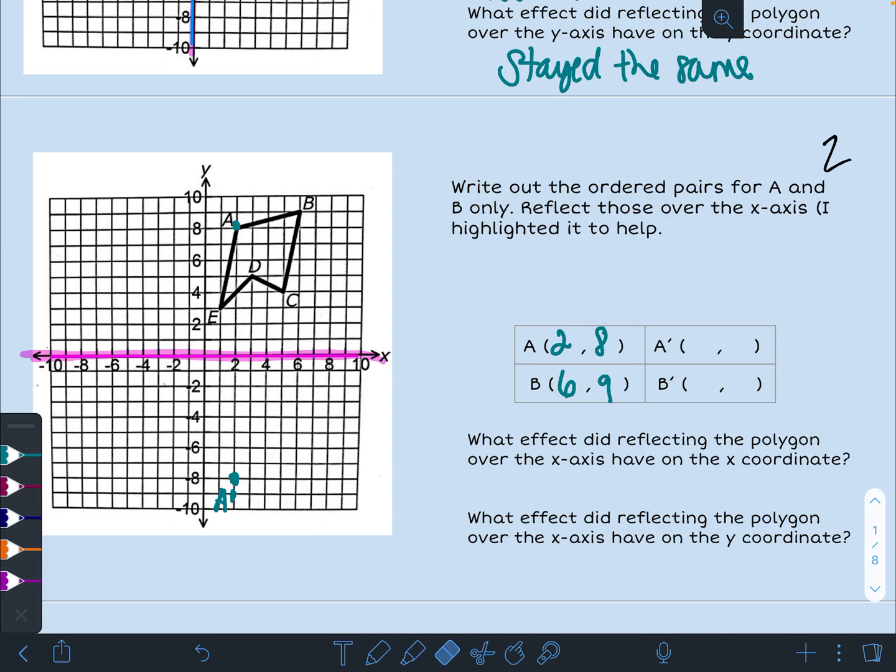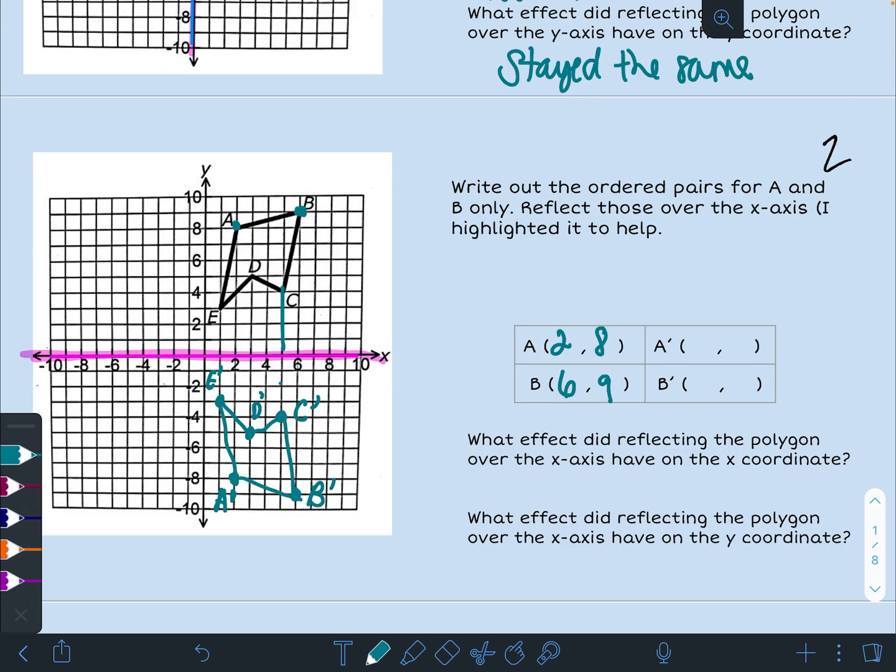Then B is currently right here at (6, 9). It is 9 away from my x-axis, so it is going to be 9 away down here, so B prime. Again, I'm going to delete that so I can show you all of them. So C is 4 away, so it is going to be 1, 2, 3, 4 away, C prime. D is 5 away, so it is going to be 5 away, that's D prime. And E is 3 away, so it is going to be 3 away. That's E prime. So if I draw this, because I want you to be able to see the shape